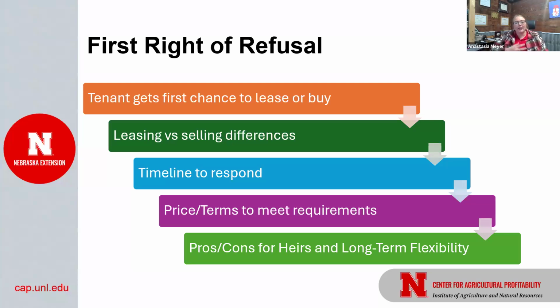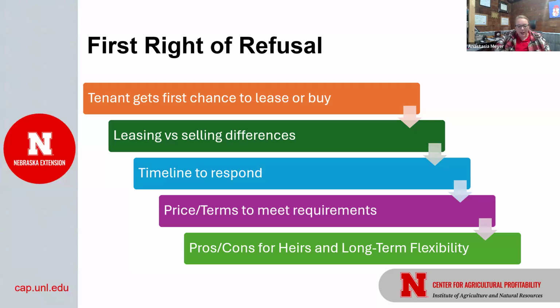It gives that long-term flexibility, that they know they're going to have it. They have the first right of refusal. It gives you the flexibility that you can ask them first. You can feel okay that you ask them, but it doesn't have to. A lot of tenants at a farm ground have been tenants for many, many years. So they have that emotional attachment that you likely have. So they want the chance to be the first ones to purchase it.